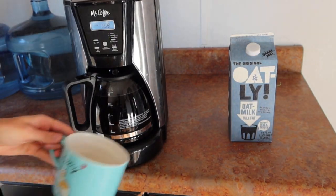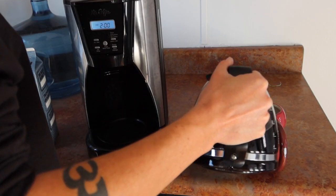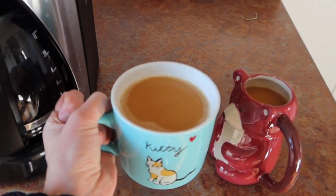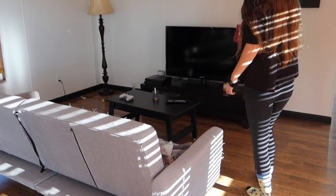So after all of the animals have been fed, I head back inside, and by this point the pot of coffee is done brewing. So it's finally time to pour a cup. And on this particular morning, Greg was sleeping in a little bit, so I poured him a cup and I took that to him in bed. Once I have my cup of coffee, I love to, depending on the time,